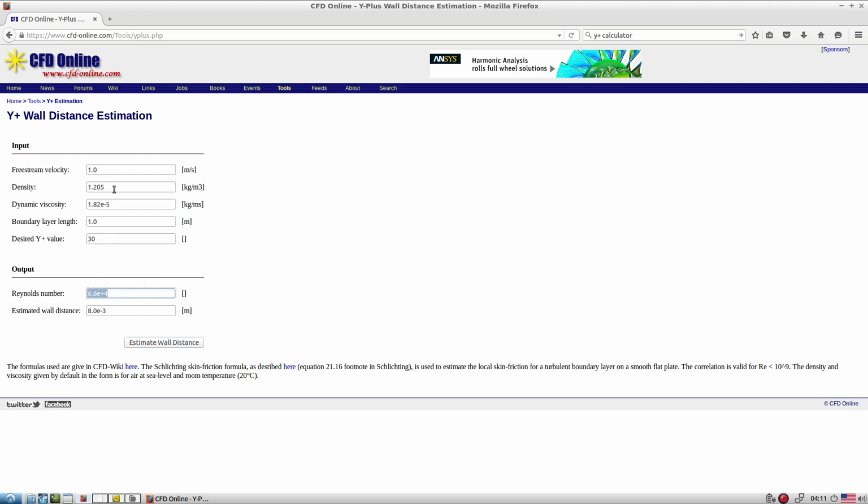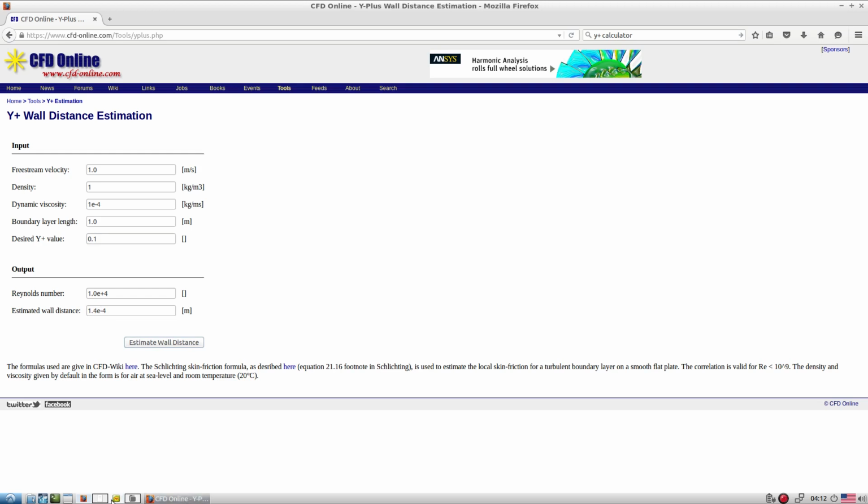Okay, so right now our Re is something like 1e minus 4, so this is supposed to be 1 and this is 1e minus 4. Okay, so we have exactly the same Re, and for this Re, if we want y plus equal to 30, then this is the first cell height. But we want y plus equal to 1, or normally it's supposed to be 0.1 when we want to go with a without wall function type of treatment. So in that case, your first cell height is supposed to be this.